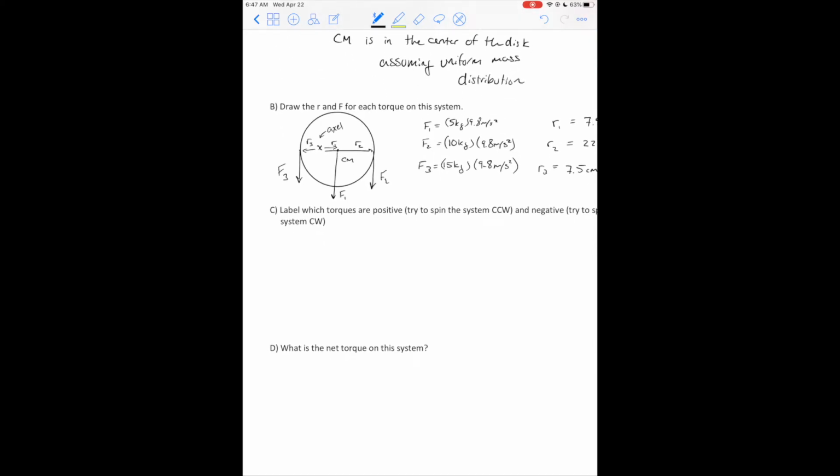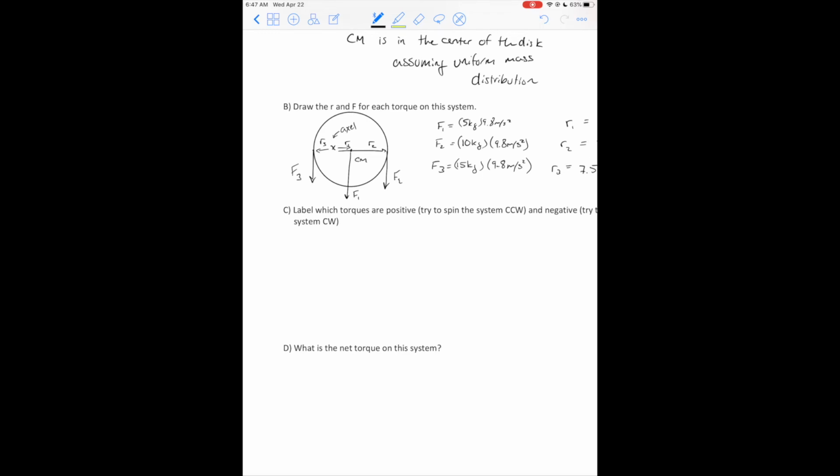Label which torques are positive, which try to spin the system counterclockwise, and negative, which try to spin the system clockwise. So again, we are rotating about this axle. Torque 1 is applied right here, and we see that it's on the right hand side of my axle and it's pointing down, so it would spin the system this way, right, which is clockwise. So torque 1 is negative,